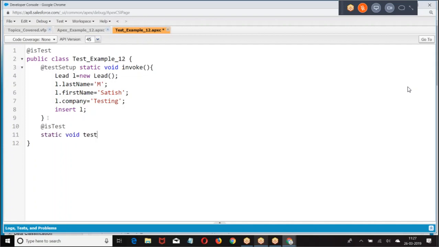Static void test. Now in this case, what I was supposed to do, we are supposed to run the operation. Batch example. If the batch class is running properly, lead source will be web.